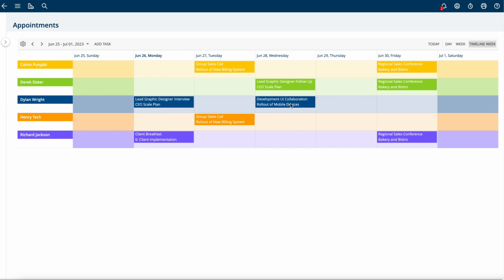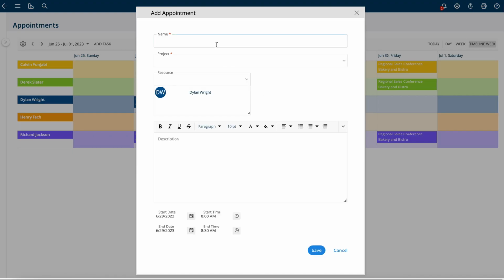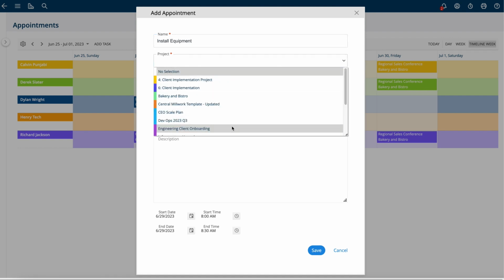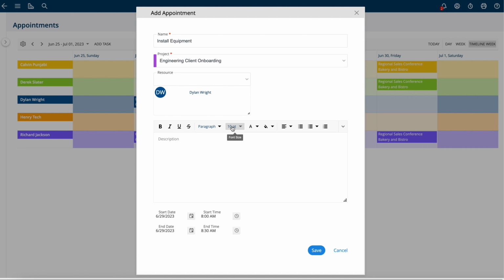This view can also add a new appointment by just clicking on a cell, and it'll automatically select the user, and you can say install equipment, for example. You can decide what project it is, because this is a cross-project view, so this might be an engineering onboard client. Add a description here, and you can decide what time of day it's going to be,